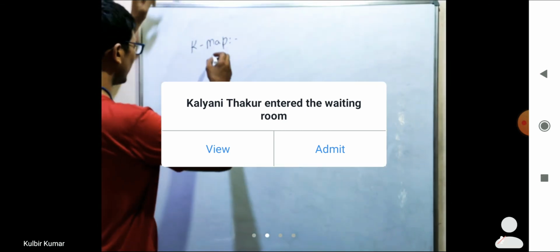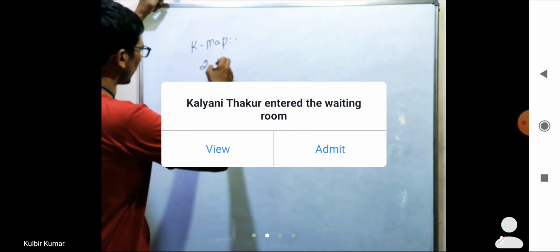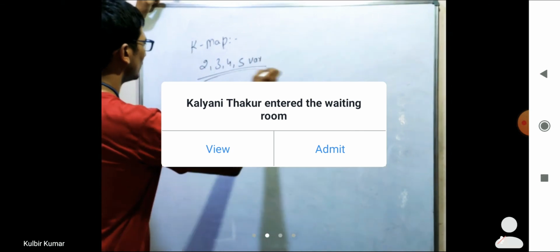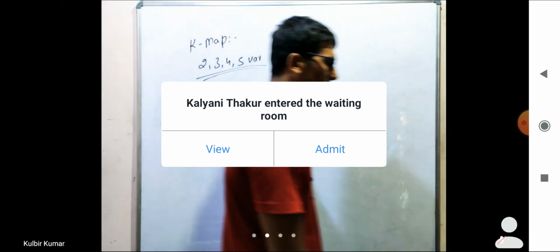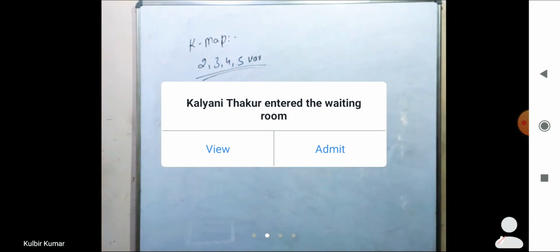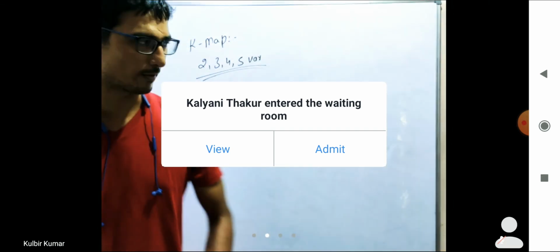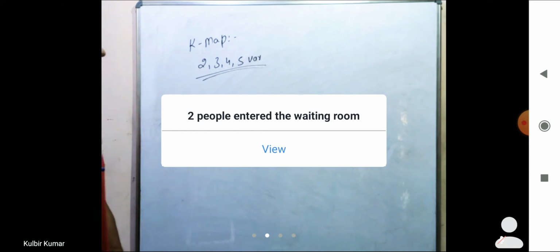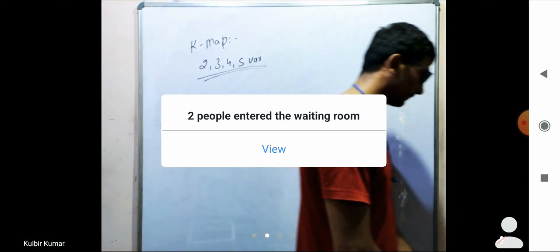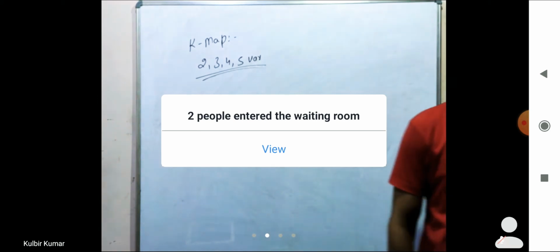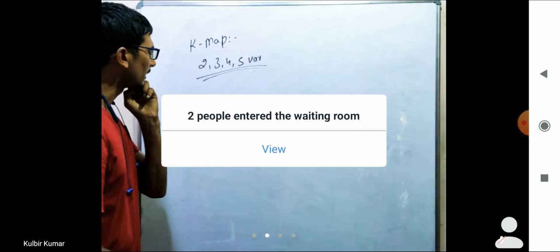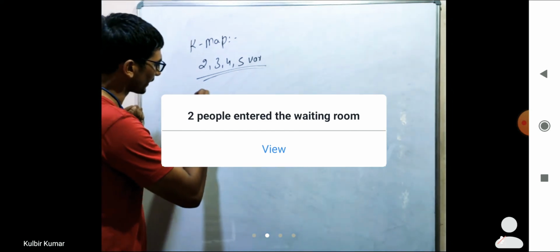We are going to use K-map with 2 variables, 3 variables, 4 variables, and even 5 variables is also possible. So up to 5 variables you can build a K-map, and with 6 variables it is really very difficult, and sorry, we cannot draw it. So up to 5 variables we can solve any equation with the help of K-map. Okay, forget about that, later we will talk about it. So first of all let us take a 2 variable K-map.